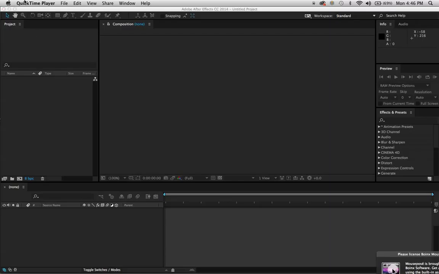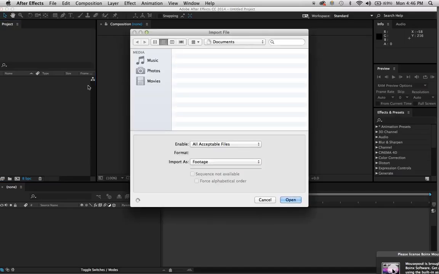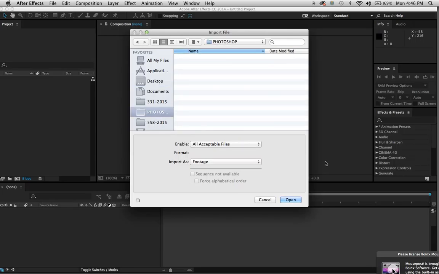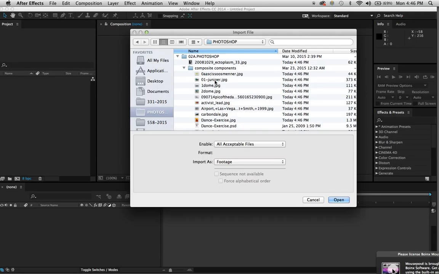Okay, now I'm going to demonstrate how to get started with After Effects. I've got the After Effects interface open here, and the first thing I'm going to do is double click on the project window, and that opens up my browser on my computer, and navigate to my folder where I have photos,